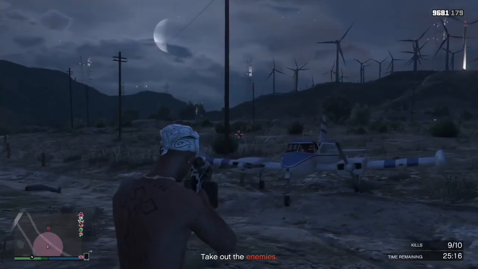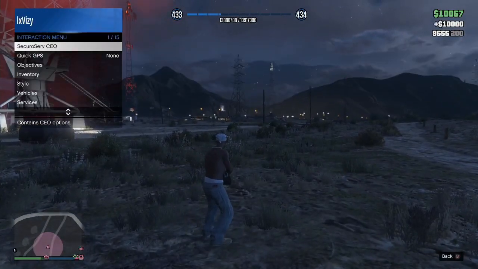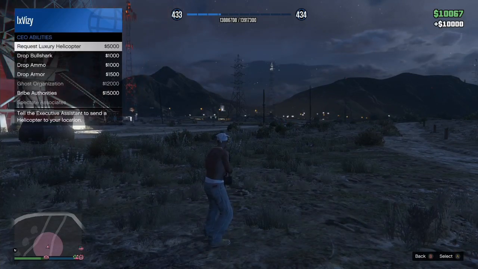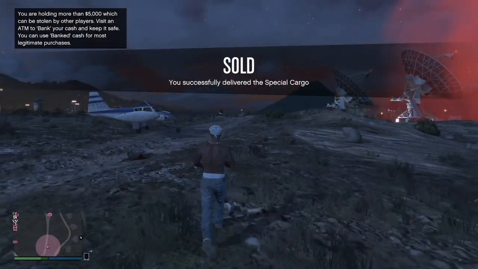I will be slowing down the part of the mission where we actually do get the RP to show you guys, because we do actually get a lot of RP from just doing this 1 crate sell mission. As you can see, we actually did get a huge chunk of RP there. We also got $10,000, and what we're going to be doing with this $10,000 is opening up our interaction menu and then going to the Secure Serve CEO abilities, and from there we're just going to be requesting a luxury